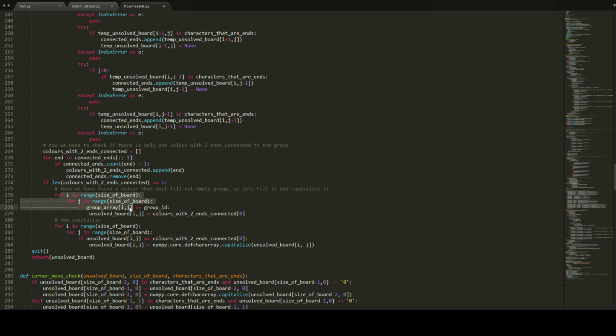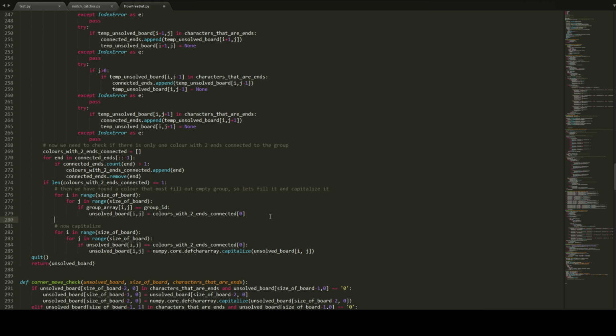So we loop over the array, we check if the position we're at is equal to the correct group ID, so if it's a 9 in our case, we then say if it is, change our unsolved board and fill it with this colour. So this is what the colour is, we just pull it from our list. Once we've finished, if I print it out right here,